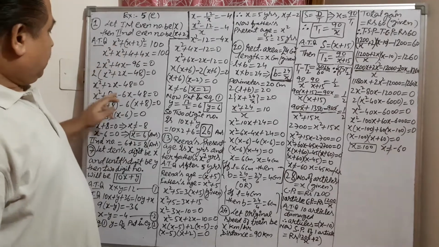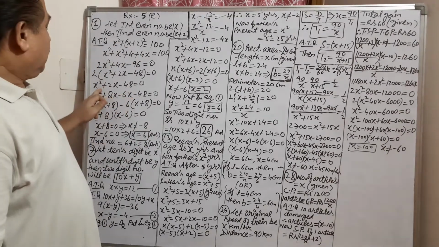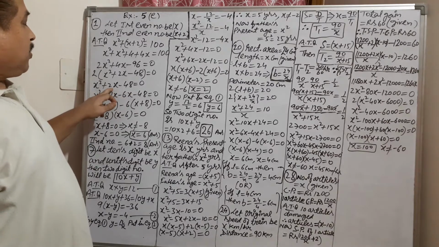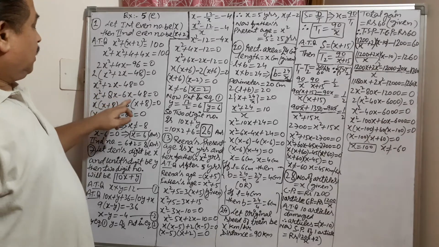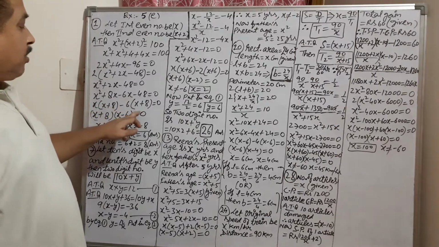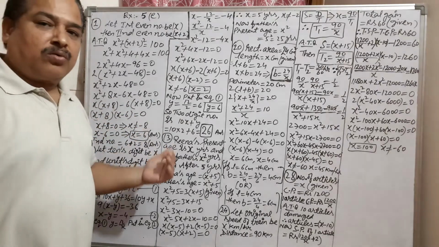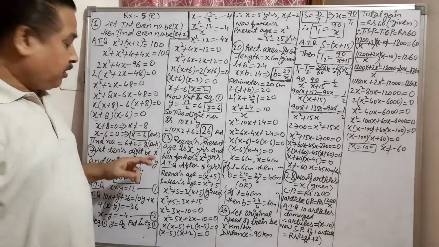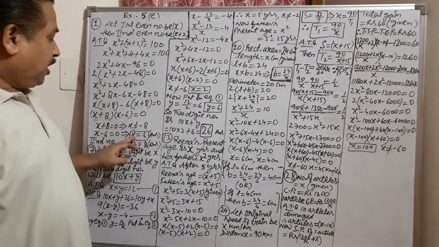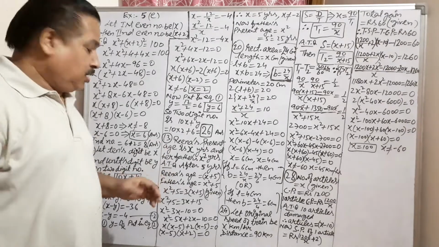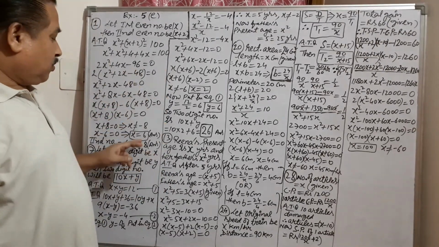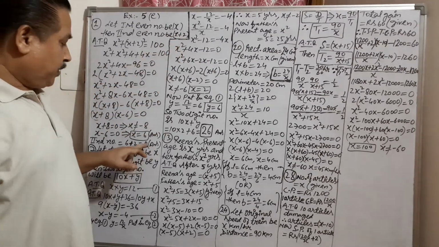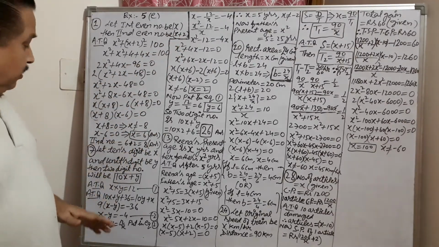Now solving this, you will get a quadratic equation at the end. Factorize this quadratic equation: break up the middle term into two parts and take common. There will be two brackets, each equated with 0. x will come as minus 8 and x will come as positive 6. They are saying positive even number, so what is the positive even number? 6. The next will be 6 plus 2, 8. So these are the answers.